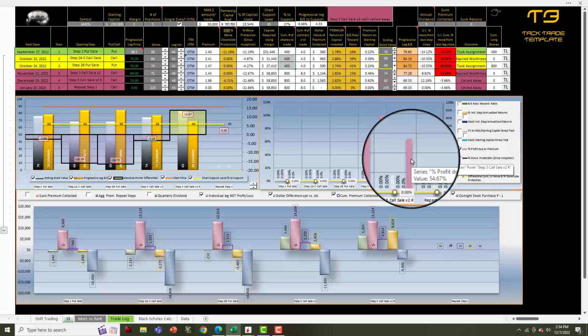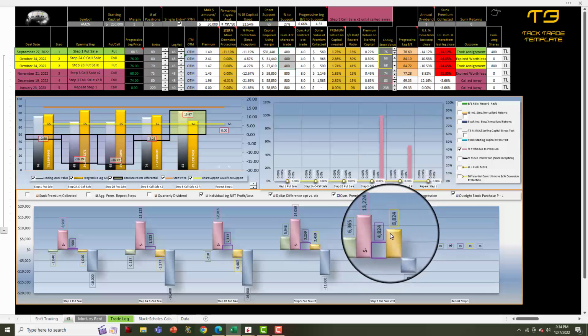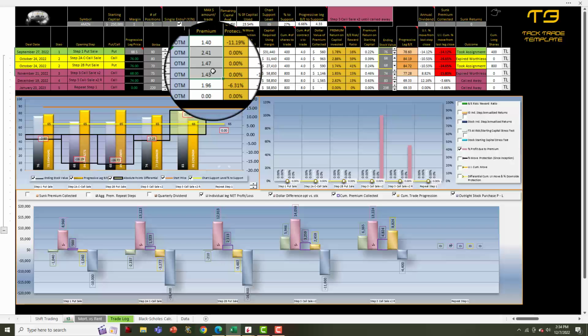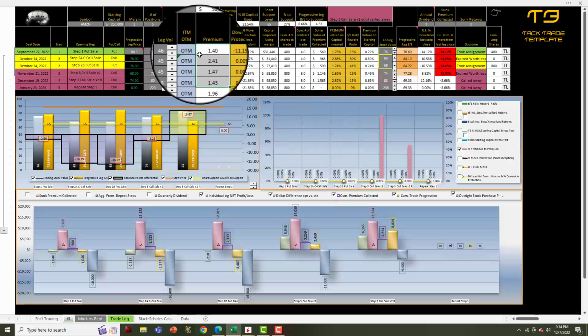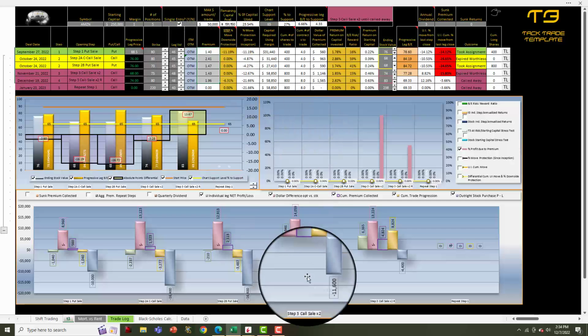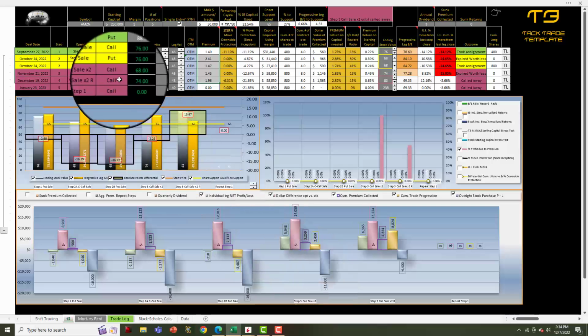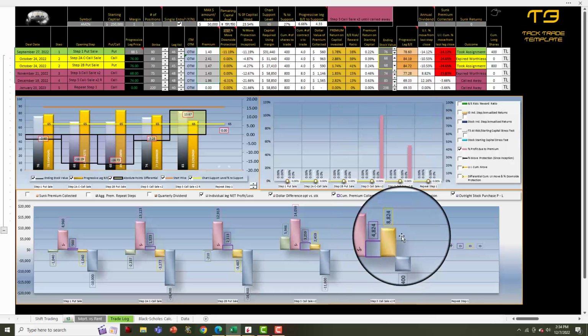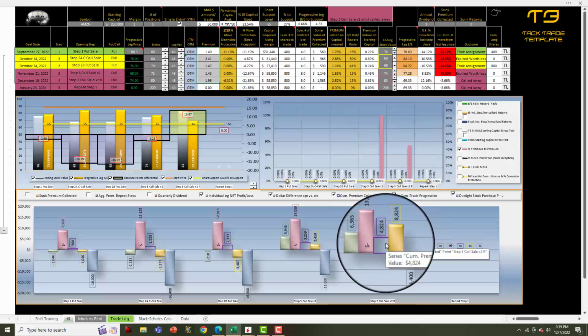Okay, so this is exactly what you want to look for. Of the $8,824 that we made in profit right here, 54% of that profit came from these premiums that we collected when we sold option contracts. So when we sold puts, and then we sold calls, and then puts, and then calls, and then calls, and it finally got called away, we brought in $4,824 in option premium,